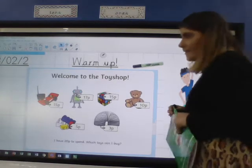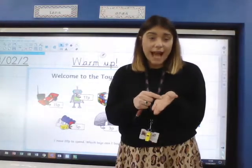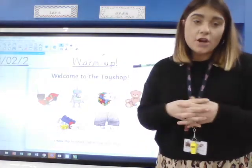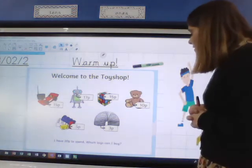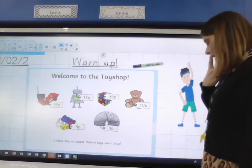Okay, how did you get on? Some of you may have even had 20p to look at. It may be a 20p, or it may have been 2 10p or 4 5p that total 20p. So if I had 20p, I would like to buy